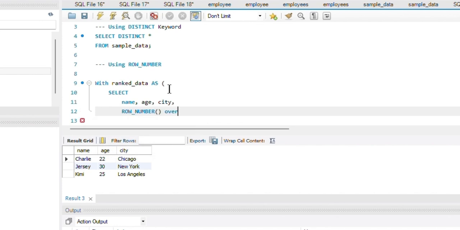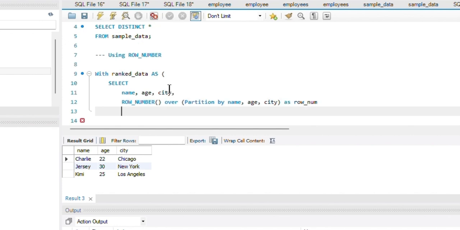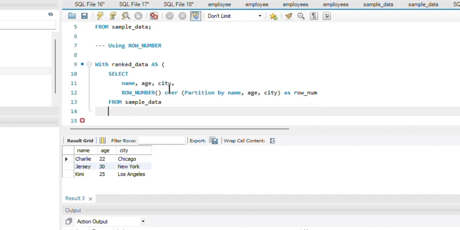ROW_NUMBER OVER PARTITION BY name, age, and city. And this I can just write as row num. Next, I want it from my sample data table. So this is the CTE I have written. I'll just close the CTE here.